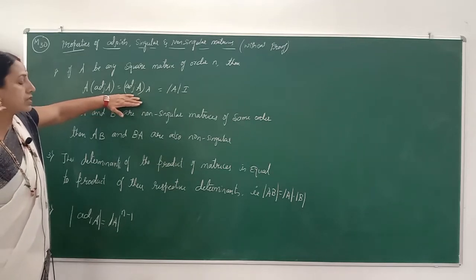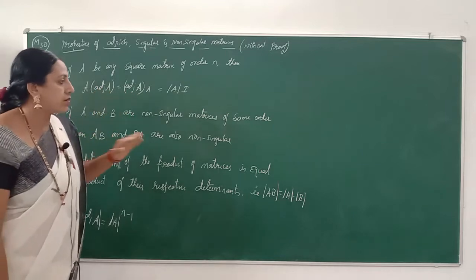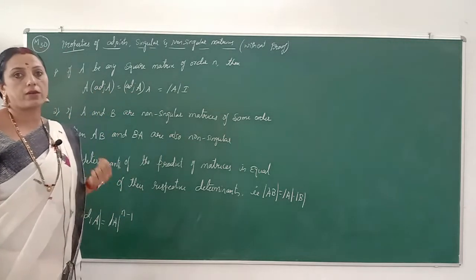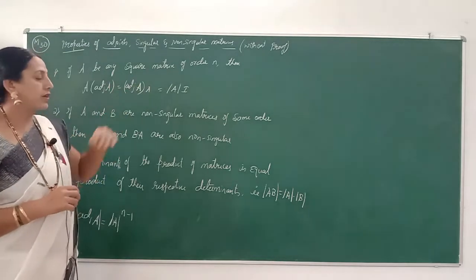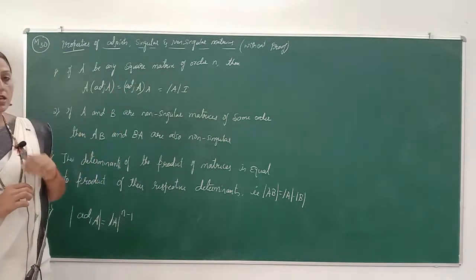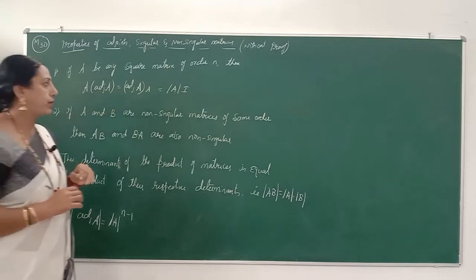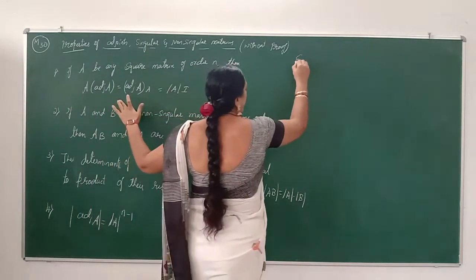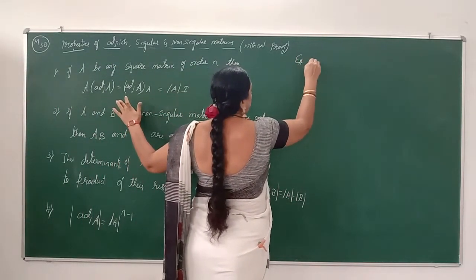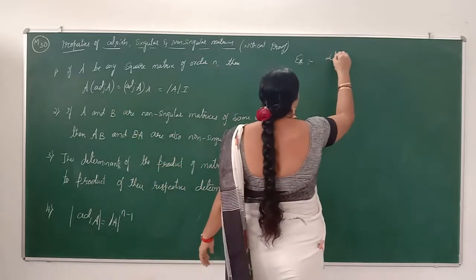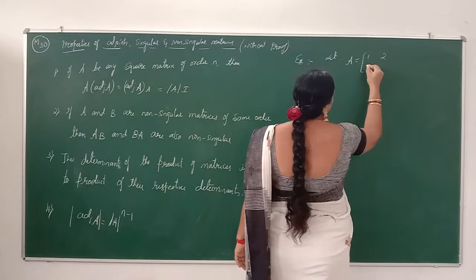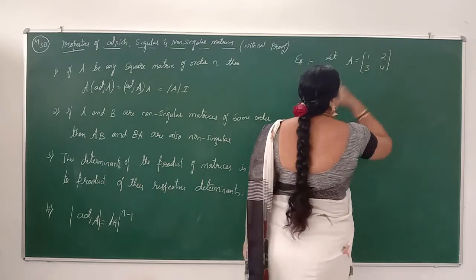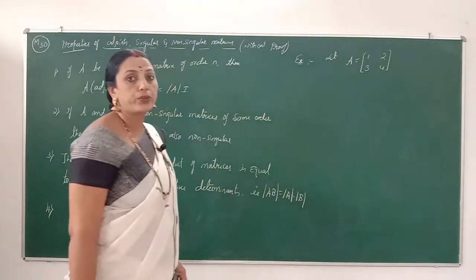One of the standard properties also uses some other conditions of the inverse of a matrix, and it is verified with problems that these properties will be true. So let us give an example for the basis of this property, an example for the first property. Let A be a matrix of order 2 cross 2, 1, 2, 3, 4.